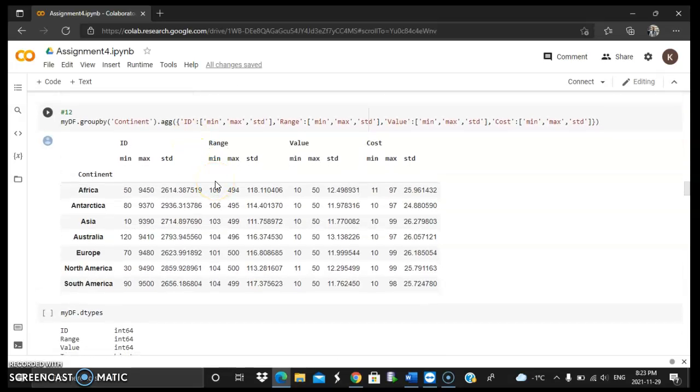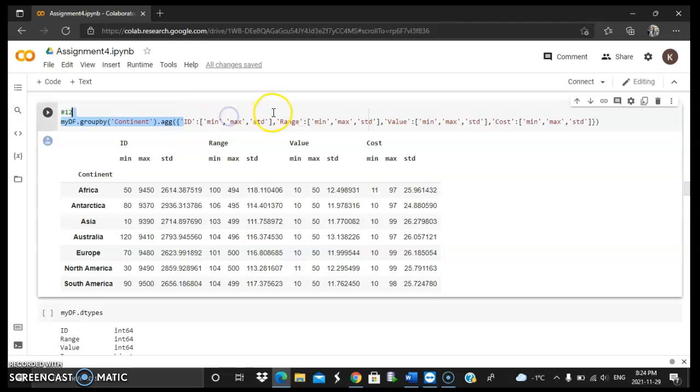Moving towards the 12th question, we were supposed to calculate minimum, maximum, and standard deviation of all numerical columns and group them by each continent, right? So here, what we did, we grouped them by continent and we found the minimum, maximum, and standard deviation of every single column.